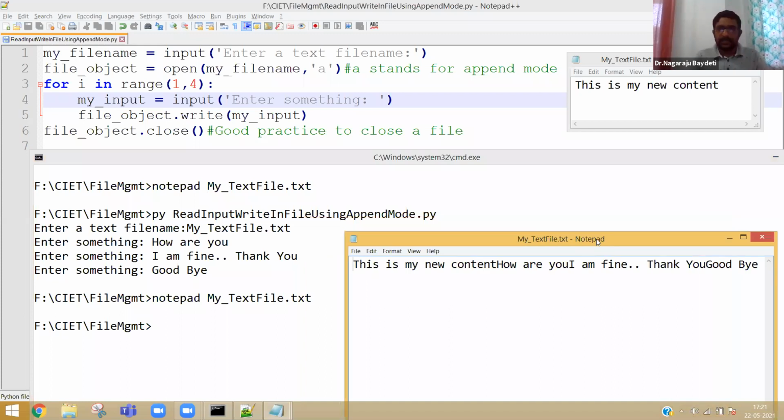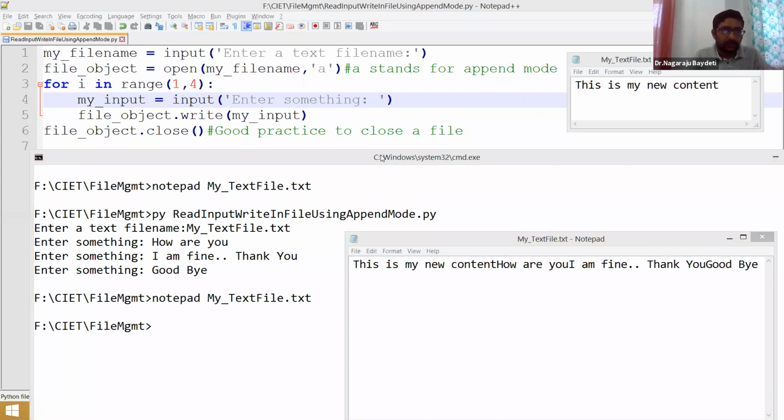Now you can clearly see. Let me try to annotate and show you. This is before executing the Python program. Before program execution. Okay, then this is after program execution.